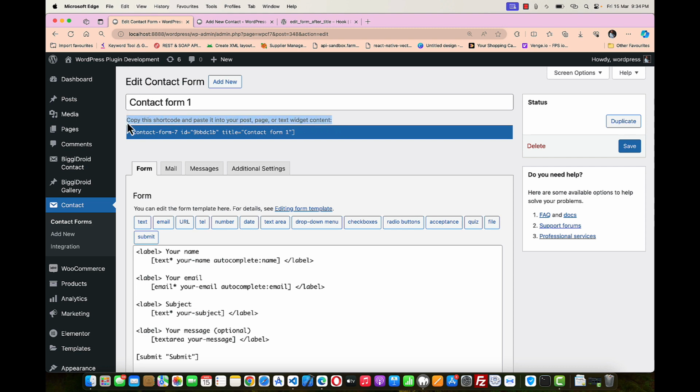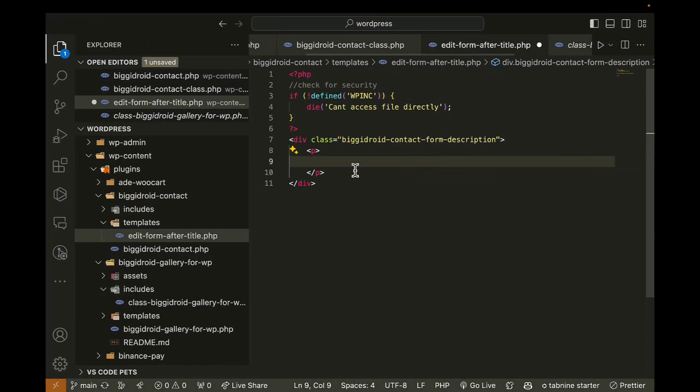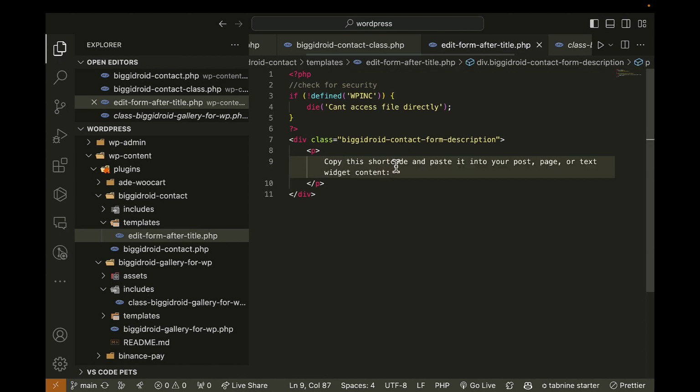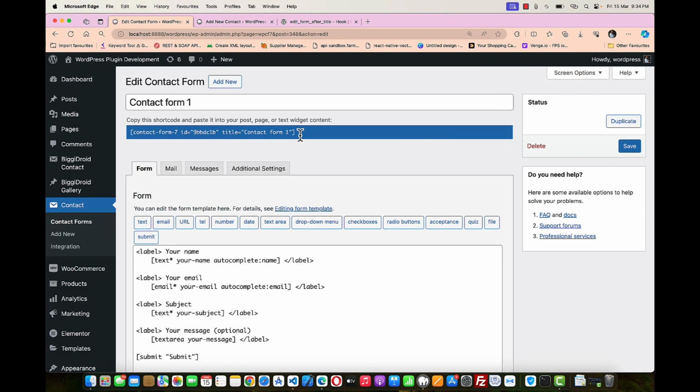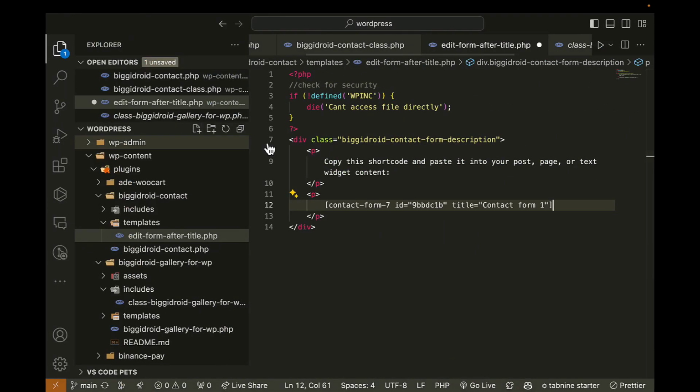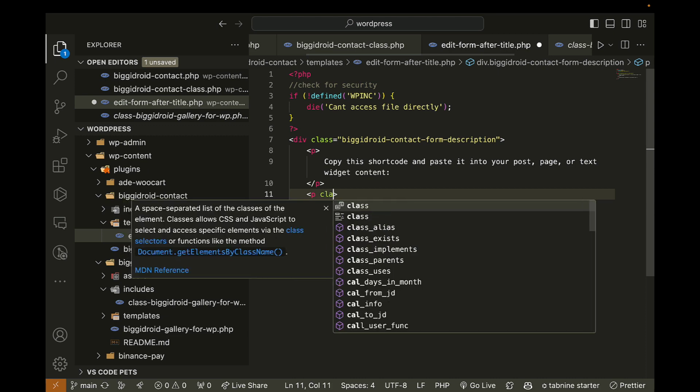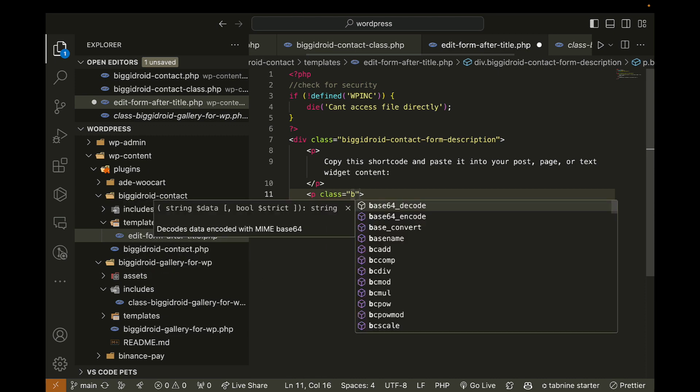Highlight. Cool. Yeah, got it this time. Awesome. So paste it here, copy this short code and paste it into your post page or text widget. Then the next one is another p tag. Then the new p tag has this background thing and stuff. So within this place we're gonna have class BigDroid